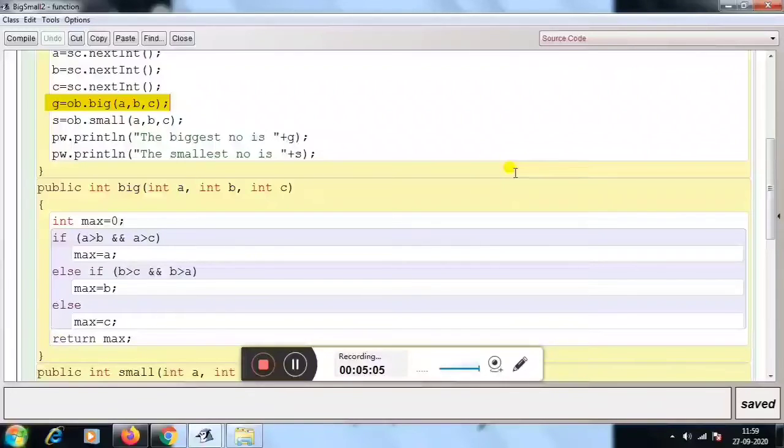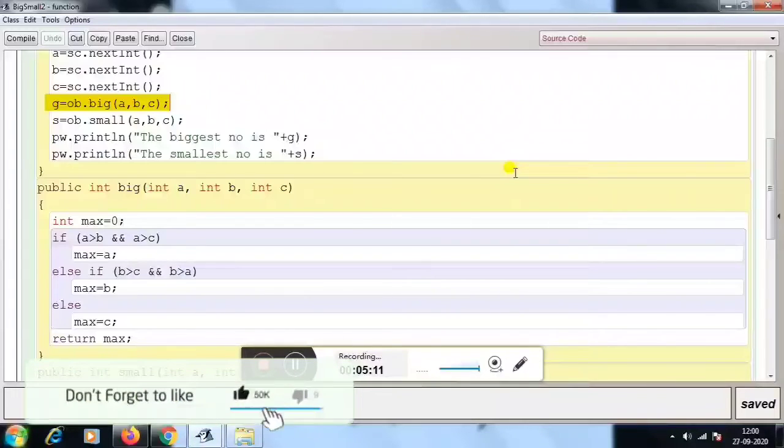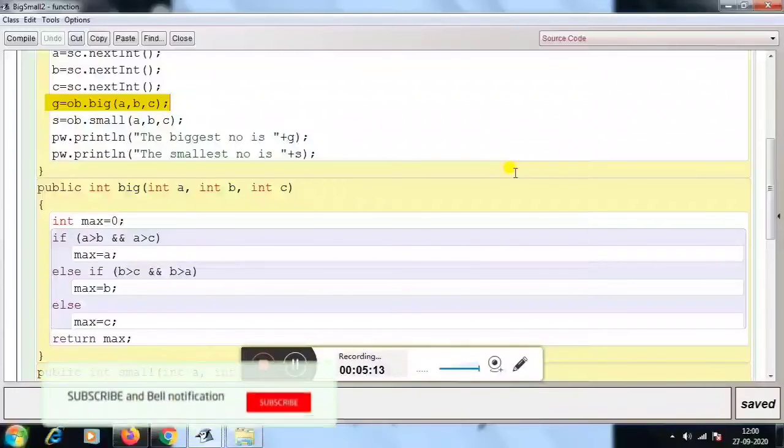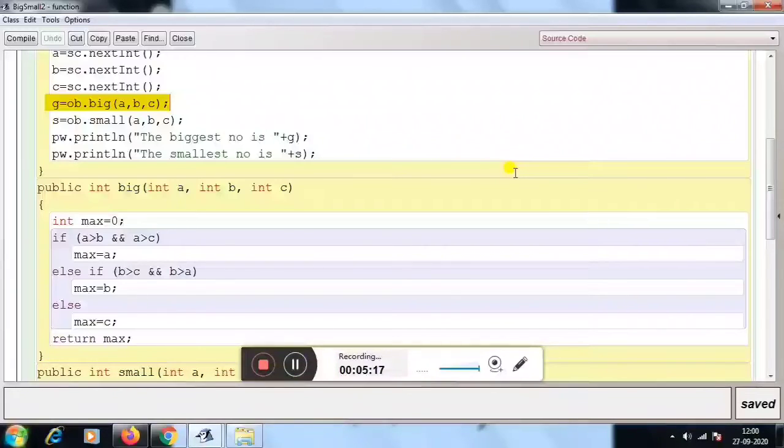The function signature is used to declare the function, and we also mention what arguments need to be passed and the output variable. When this statement is executed, it directly jumps to public int big within bracket int a comma int b comma int c.